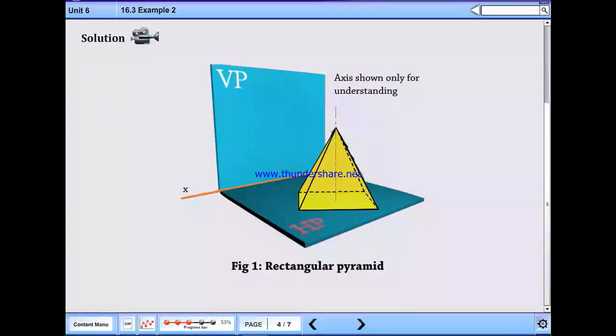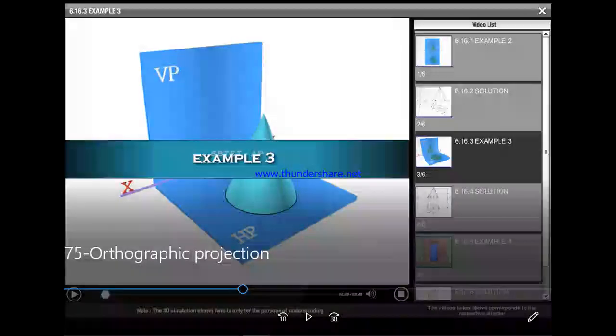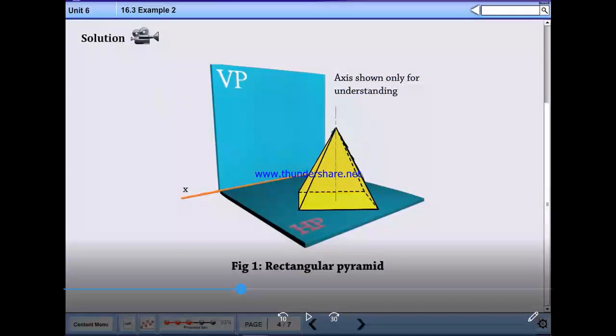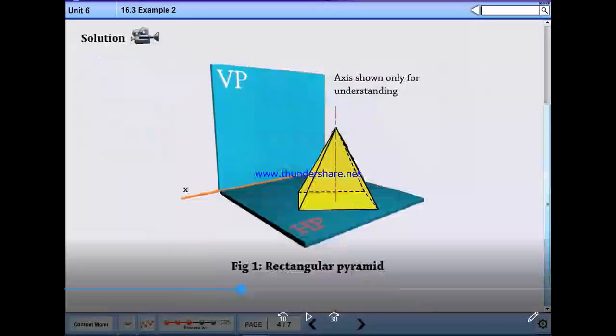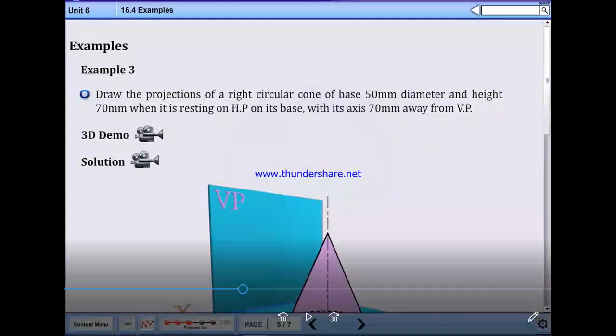See the regular pyramid. And another example. Example 3.